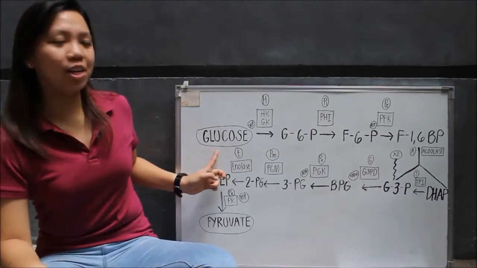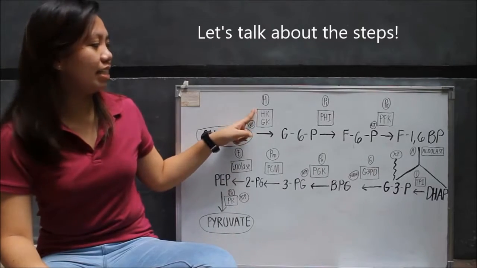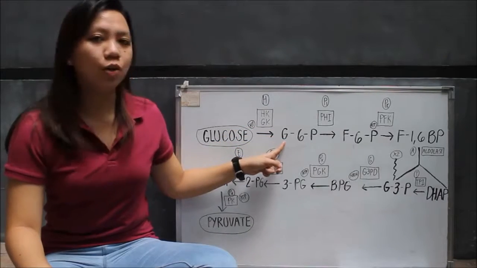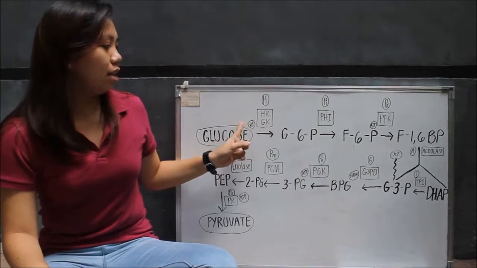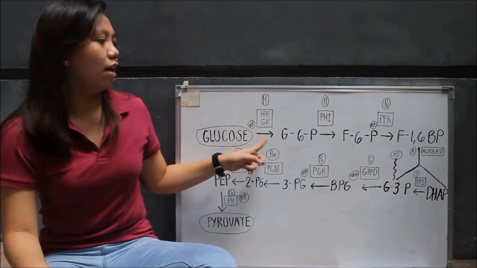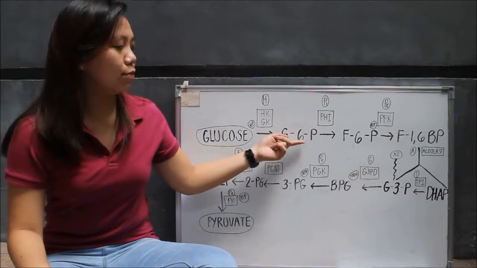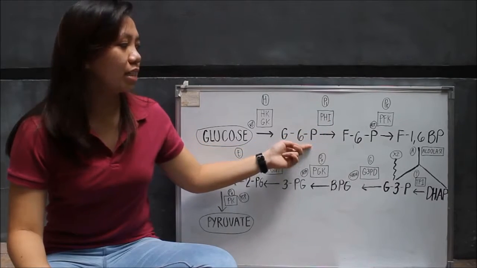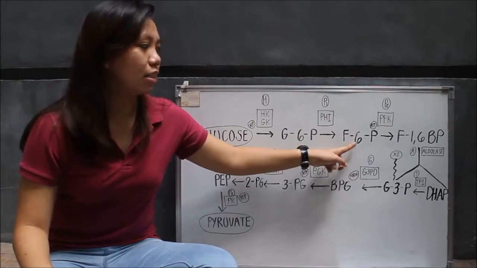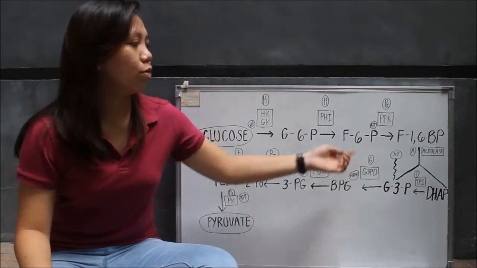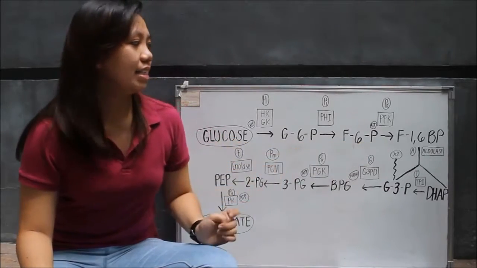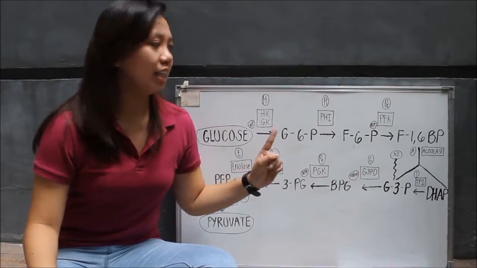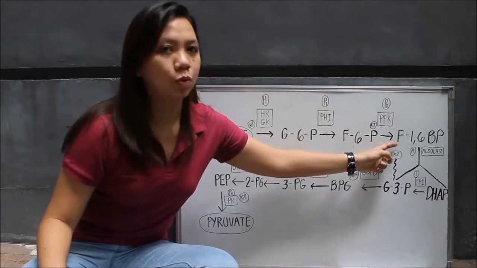Glycolysis starts with 1 molecule of glucose. Using an enzyme, hexokinase or glucokinase, it will be converted into glucose 6-phosphate with an expenditure of 1 ATP. And then after that, glucose 6-phosphate, using the enzyme phosphohexose isomerase, will be isomerized to yield fructose 6-phosphate. And now we have fructose 6-phosphate, using the enzyme phosphofructokinase with an expenditure of another 1 ATP. It will be converted into fructose